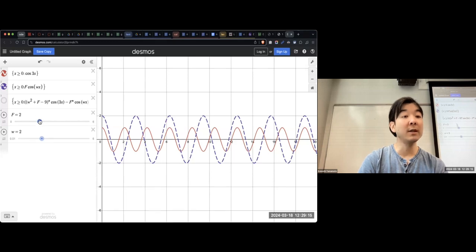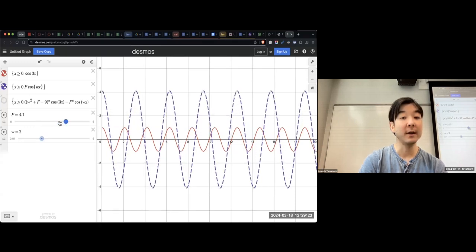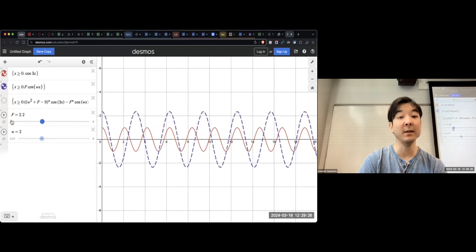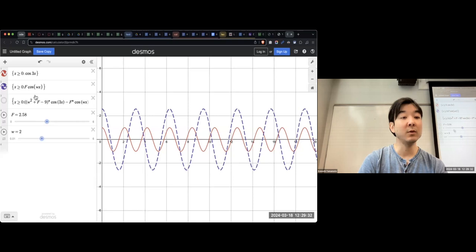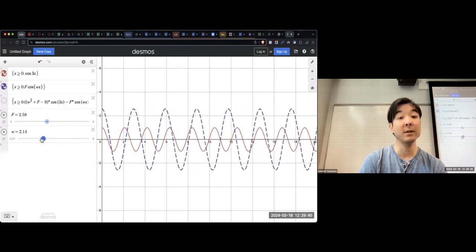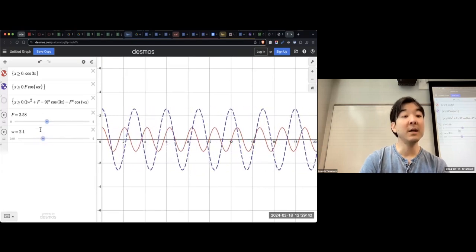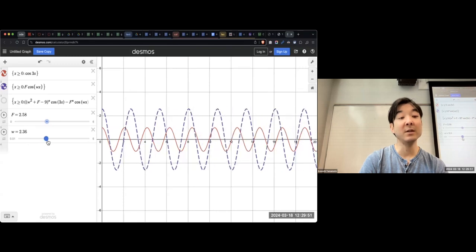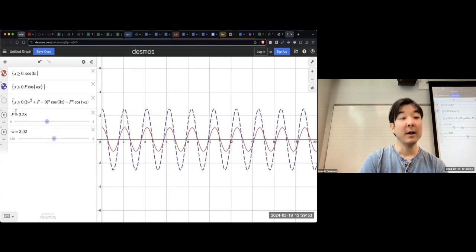And I have control in tuning your external force, your external shaking. I can change its amplitude F, that's how strongly I'm shaking it. Of course, if it's 0, then it's like no external force. And then I can also tune the frequency, which is taking this omega and increasing or decreasing it. That's changing the circular frequency of your external vibration. So what is going to be the omega that will cause resonance? Yeah. So if I raise it to something close to 3, like that,